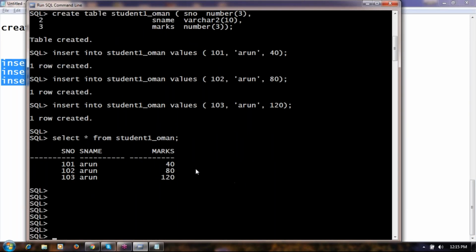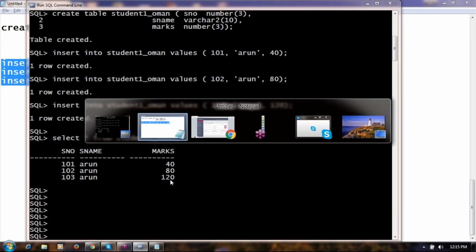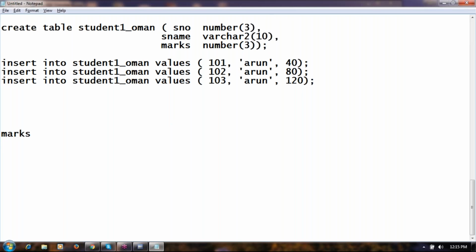Okay. Now I have conducted an exam of a maximum of 100 marks. So a student cannot get more than 100 marks. So it is a data entry mistake again. By mistake, instead of inserting 20, he has inserted 120. It got accepted. That means I want to create a marks column in such a way that the marks column will only accept the values less than or equal to 100. This kind of condition is possible by using the check constraint.